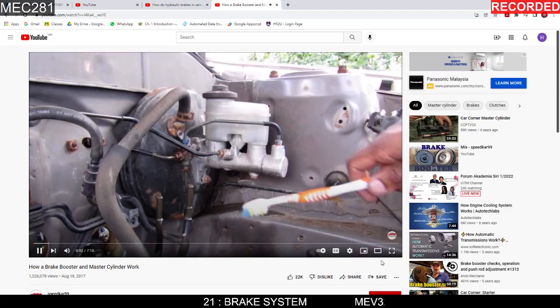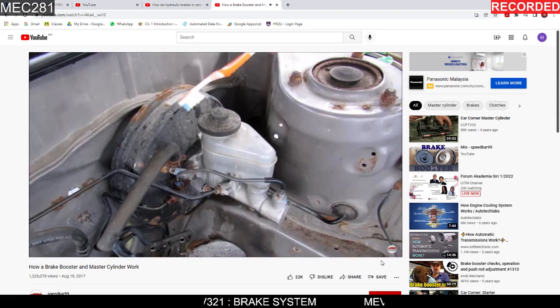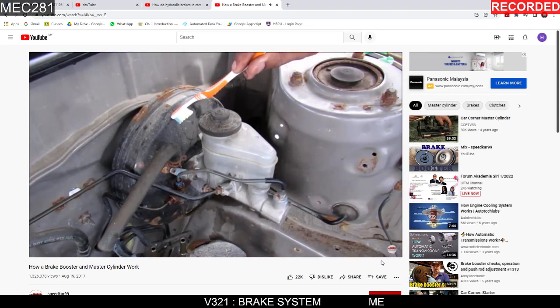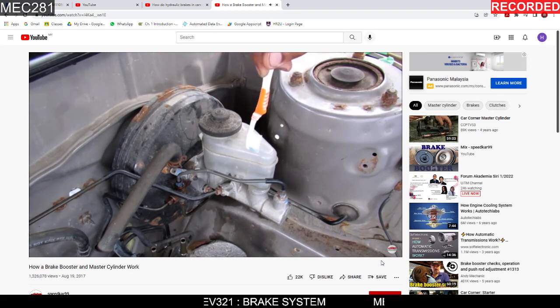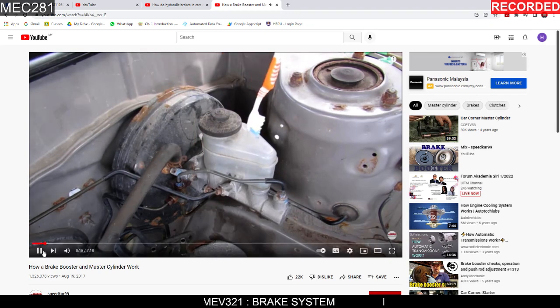Today I'm going to show you what's inside of a brake master cylinder and booster and how it works to stop your car. Now the brake booster is responsible for multiplying the force from the brake pedal onto the brake master cylinder. In the brake master cylinder there are two pistons that push hydraulic fluid from the reservoir